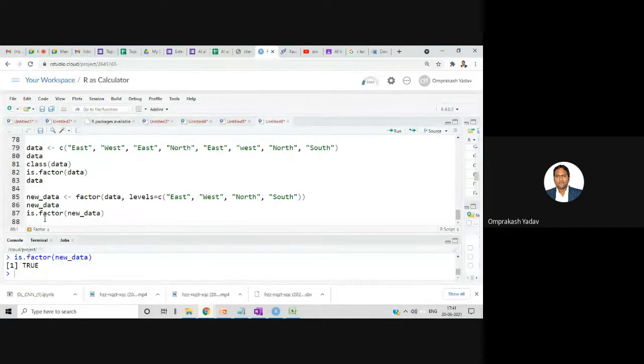Whenever we create a factor, that means we are creating levels. Only whatever categories are there, we'll mention that many. It becomes very important whenever we do classification or clustering kind of problems, where if we know the categories, we are able to group them. In males we can separate, females we can separate. It becomes very handy in those things. But this cannot be used for unique data, right?